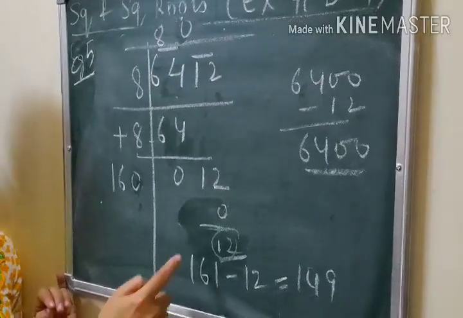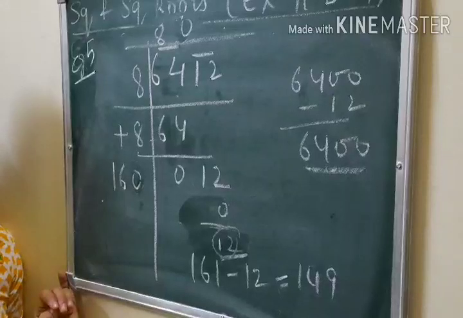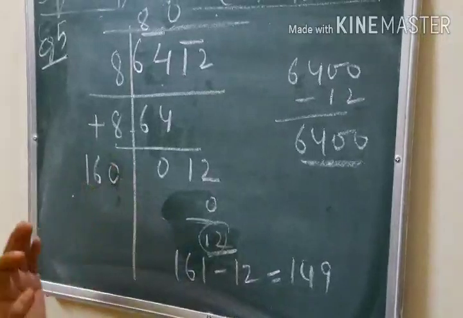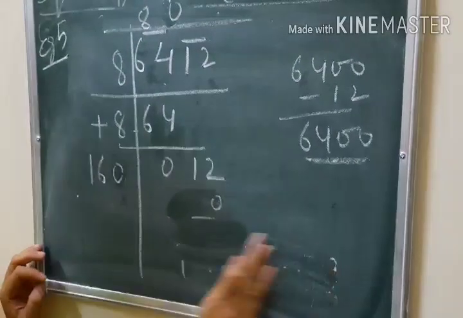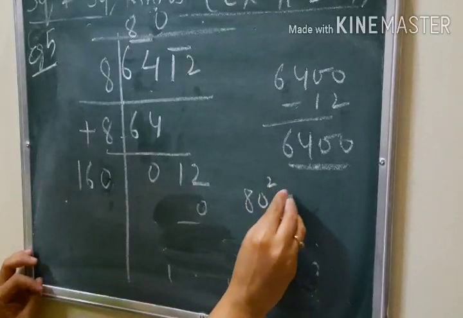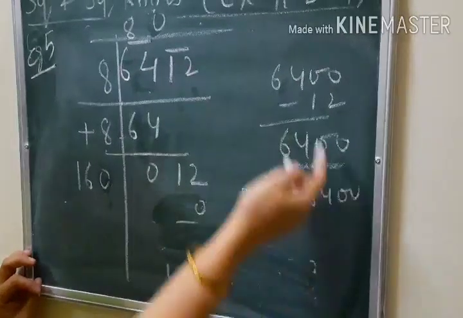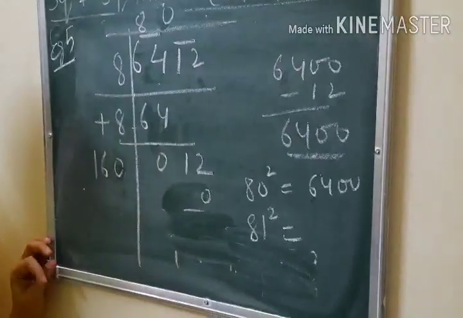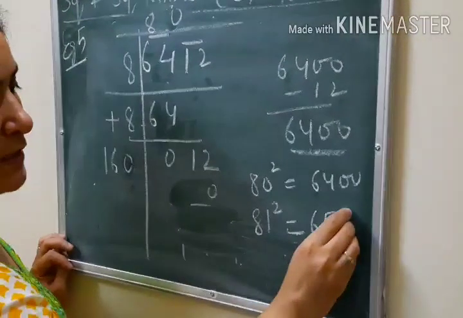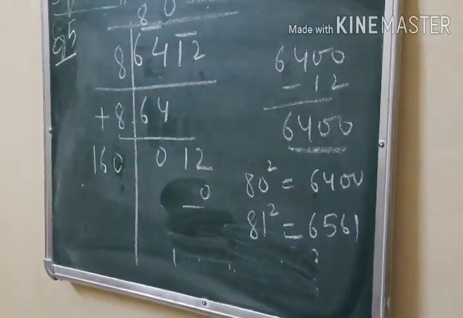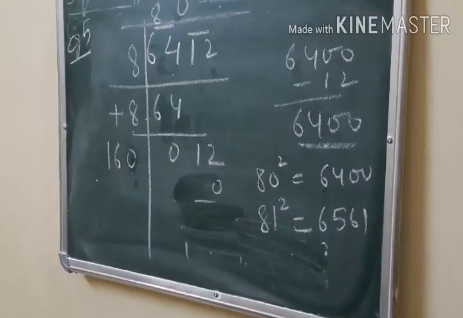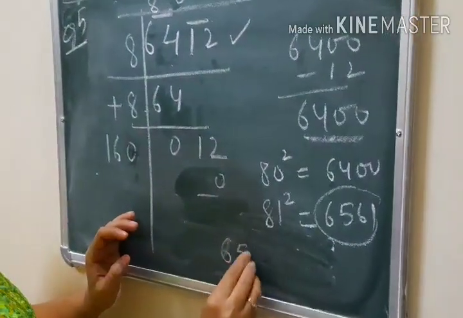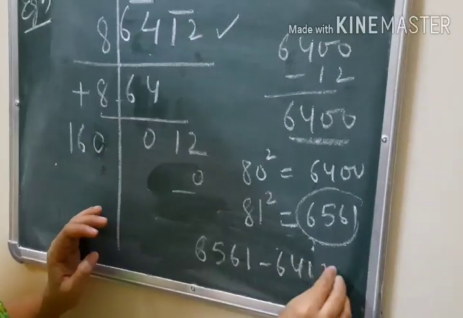But in this case, we want that something needs to be added in this question. Now, if it is to be added, what we can do? One method is this. Another method is if you take 0 only, right? 80. So we have found 80 square is 6400. That we know. But this number is smaller than this. So we'll take one bigger number, 81 square. Find 81 square. What it is? It is 6561. 81 square is 6561. And then this number and this number will be subtracted. This is another method. So these are two methods.